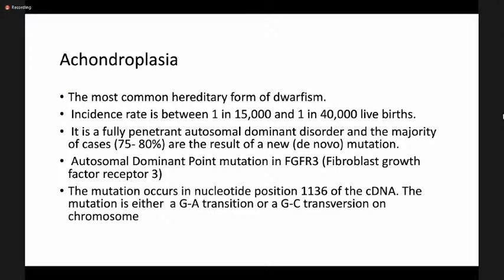Let's talk about achondroplasia. This is the most common hereditary form of dwarfism. Incidence rate is about 1 in 15,000 to 1 in 40,000 live births. It is a fully penetrant autosomal dominant disorder. The majority of the cases, 75 to 80%,